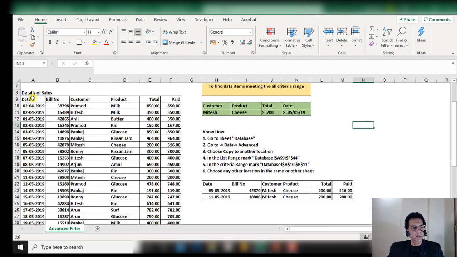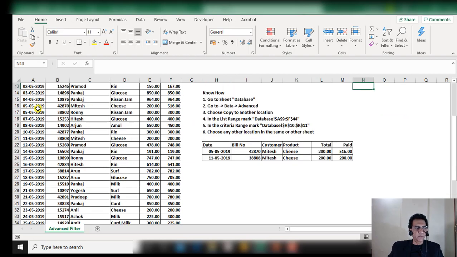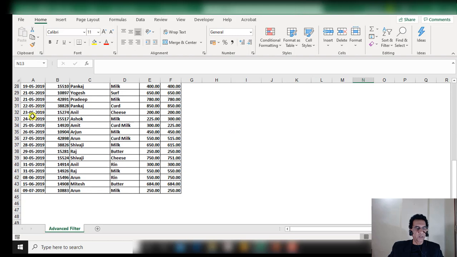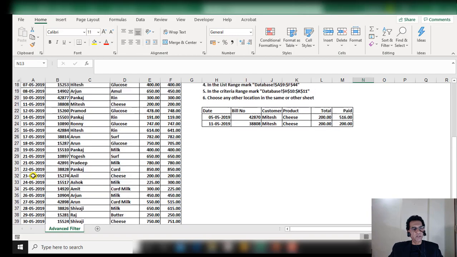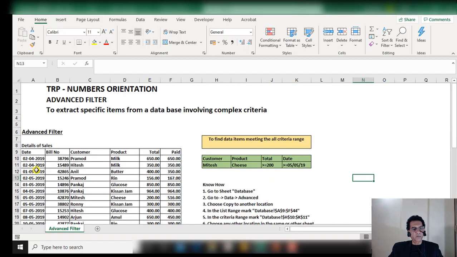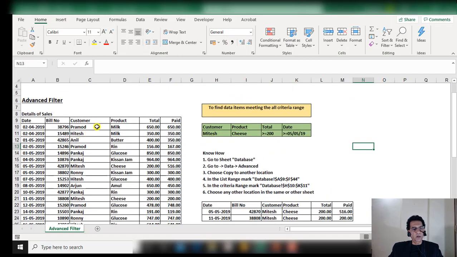You have the date here. These are details of sales. The date starts from 2nd of April and goes all the way down. Not a very large list, not a laundry list really, it's just for a couple of months or maybe up to July of that year, 2019. And then you have the next fields: the bill number, customer, product, total, and